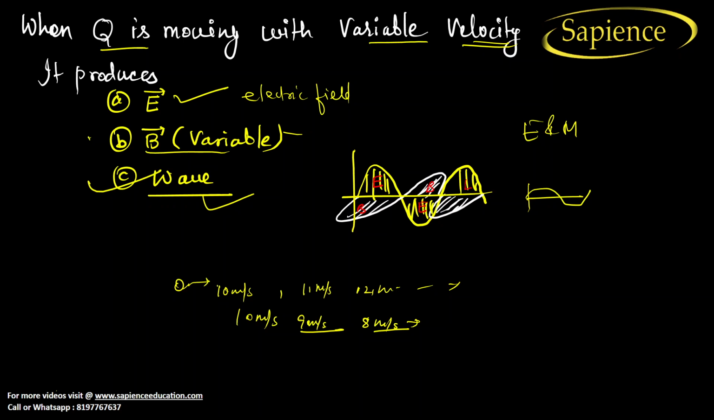So this magnetic field again creates an electric field, and this will create a magnetic field. So all the electric field and magnetic field energy gets transferred from electric field to magnetic field, and in this way the wave moves forward. That's why